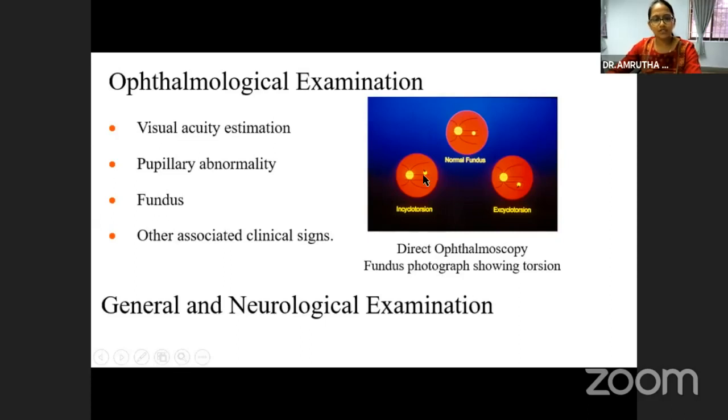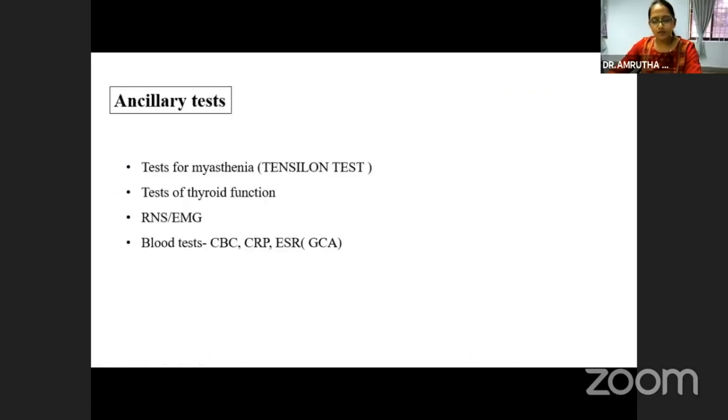In fundus examination, one should look for other fundus pathology which can result in double vision. Also look for torsion, to see for any pre-existing excyclotorsion, specifically when we are dealing with a patient with fourth cranial nerve palsy. So do a thorough general and neurological evaluation whenever required. Always take a consult from a neurologist, dietitian, or endocrinologist whenever you have doubt, and for systemic evaluation whenever it is required.